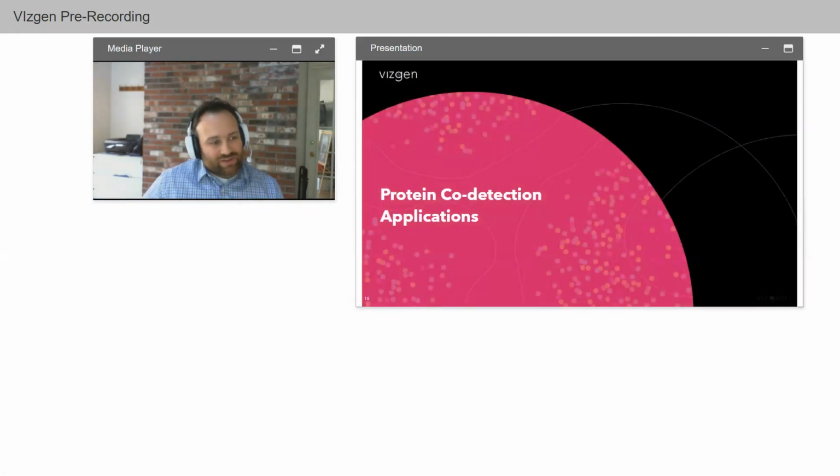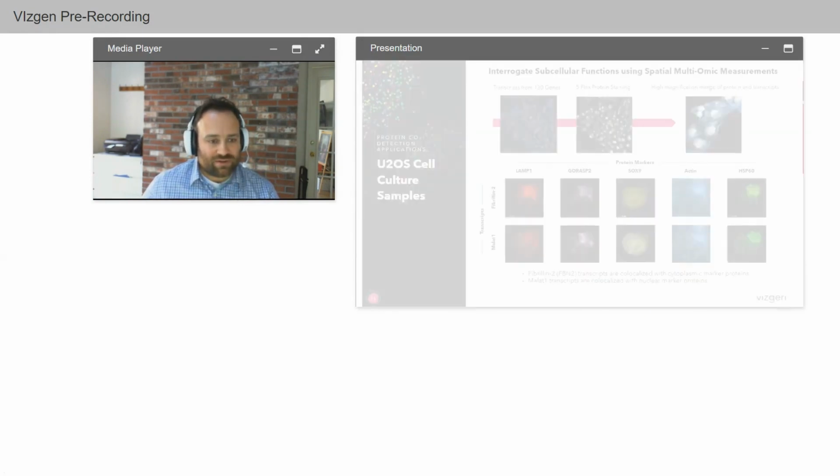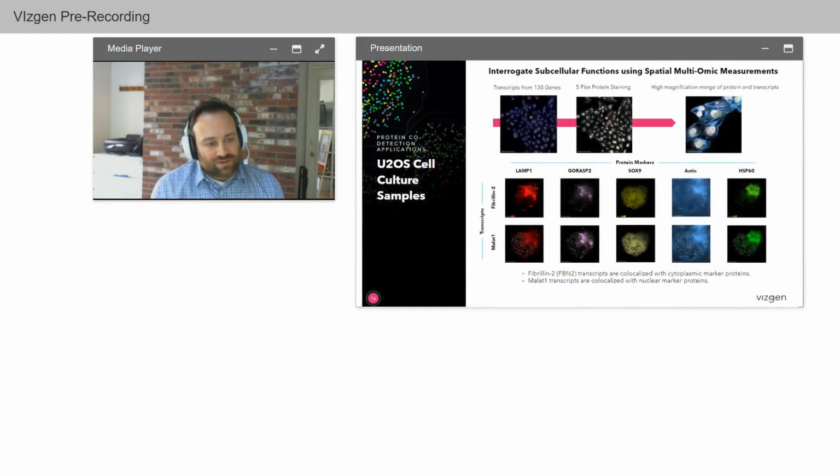So now that I've gone over how the product works and the general concept behind it, I did want to show some data and some applications on how you could leverage this protein co-detection data. The first example here is U2OS cell culture samples. Here we wanted to show how you can leverage the protein co-detection to interrogate subcellular